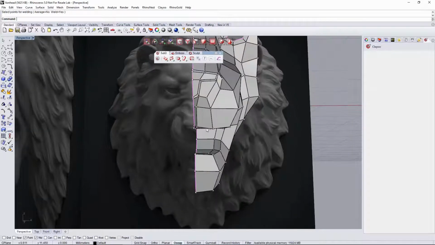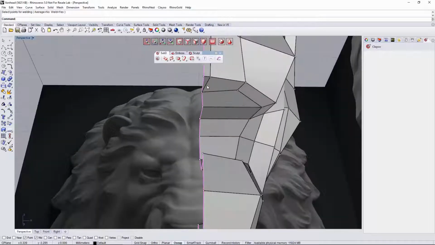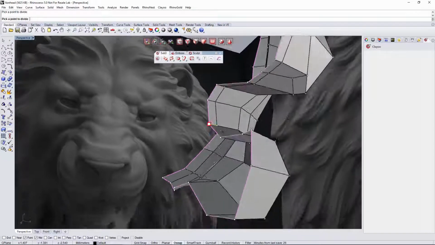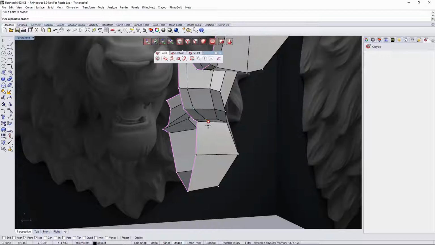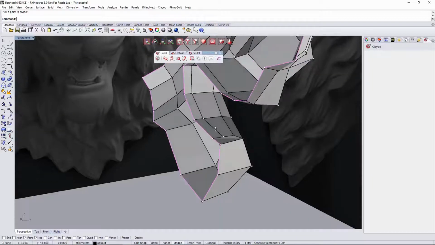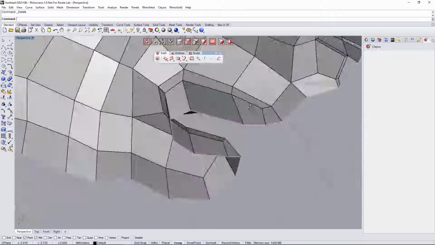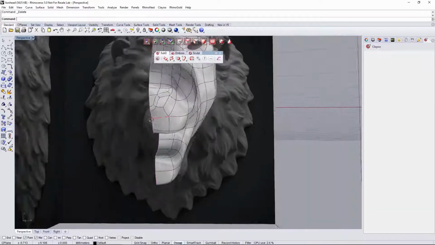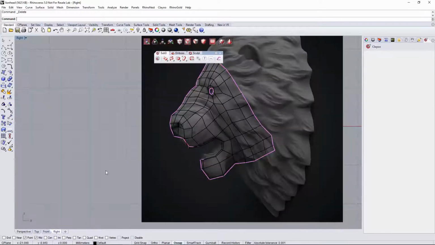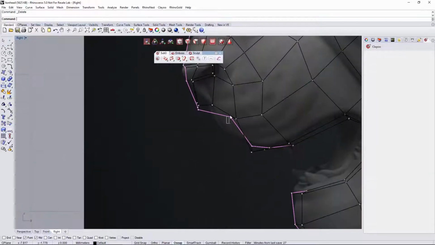If we don't want to create this triangle, what I'd recommend is getting rid of this part and dividing the entire mouth like that, and just finishing the entire loop. This will be the other way to solve that. In this case, it's much harder to do it like this, so I prefer to create a triangle or keep an angle here. It also won't be a big deal to have an angle here, so we can also give it